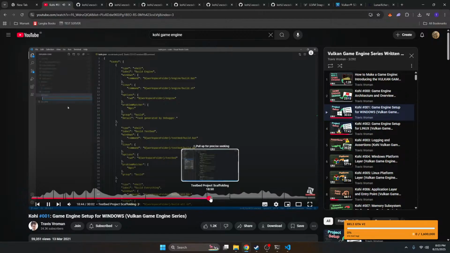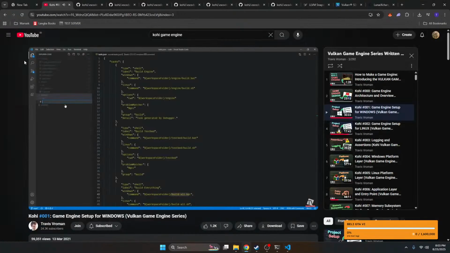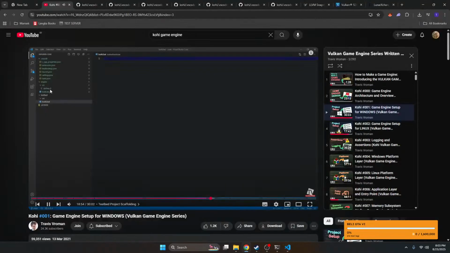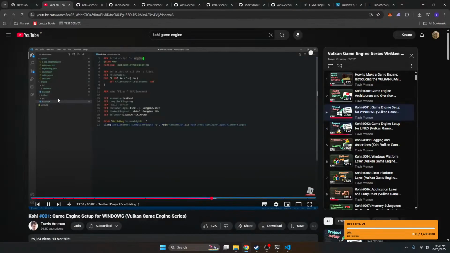We'll add another folder to that called source, and to the testbed folder we are going to add a new file, and we're going to call this build.bat. And again, I'm just going to paste some code in here. This is almost exactly the same as the engine one, except